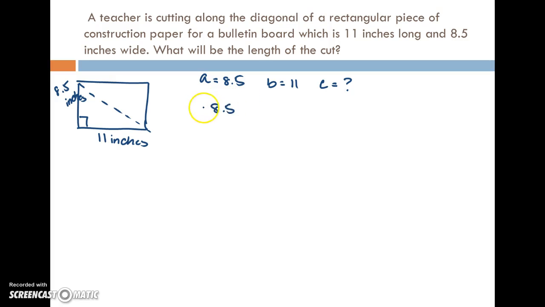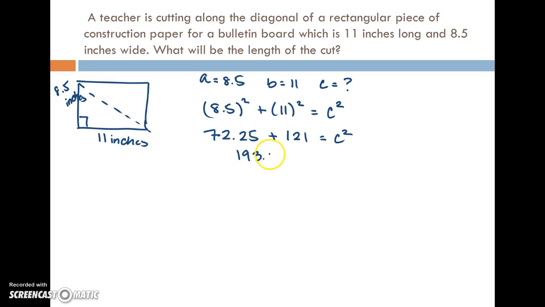So it'll be 8.5 squared plus 11 squared equals C squared. We don't know what C is, so I'm just going to put the variable. 8.5 squared is 72.25 plus 11 squared, that's 121, equals C squared. Adding these two together, I get 193.25 equals C squared. Now that C is by itself and everything is simplified on the left side, I'm going to square root both sides, and I get roughly 13.9 inches. That's how long the diagonal is. I could put it in my diagram if I wanted to. 13.9